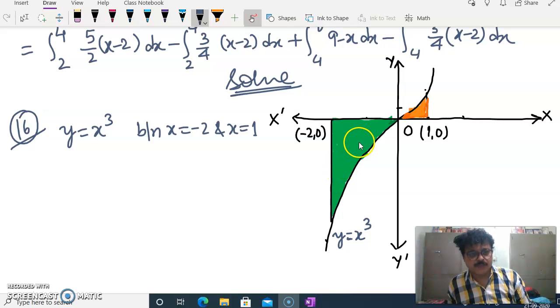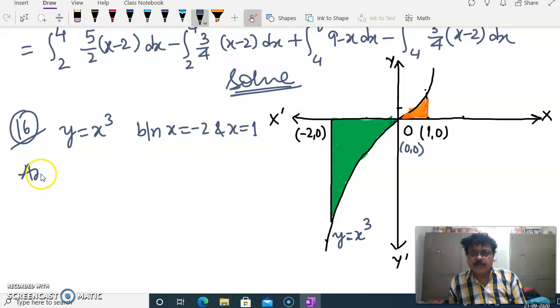So we will have the modulus of this particular part, and from 0 to 1. 0 is our origin. Okay, O is the origin. So from origin to point 1, it is on the positive side, represented by the orange part. So the area bounded will be